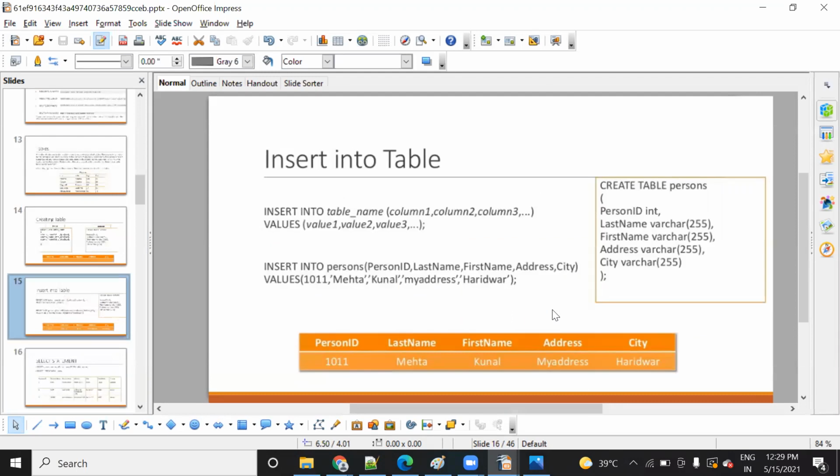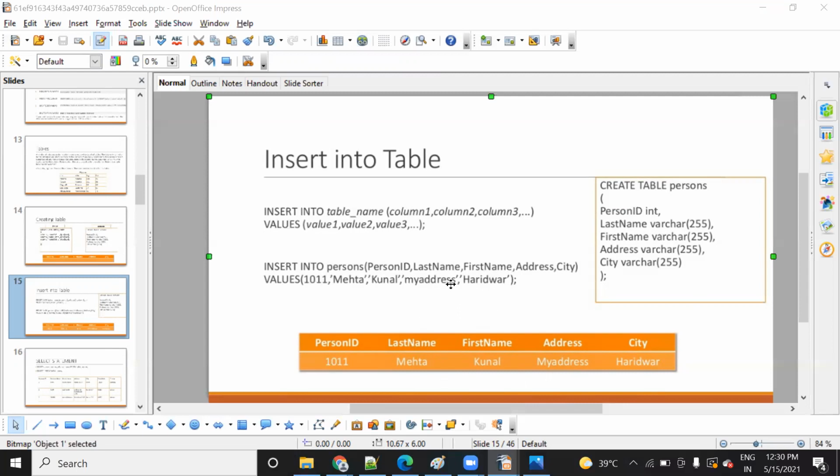Now see, in this way you can add multiple data. Insert into person, as I told you. Similarly, when you want to add more data, you can add it here, and all the data will keep on adding as rows. Like here 1012, some other last name, like Sai, Sahit, address like Anandpur, Andhra Pradesh. So in this way you can add as many records as you want.